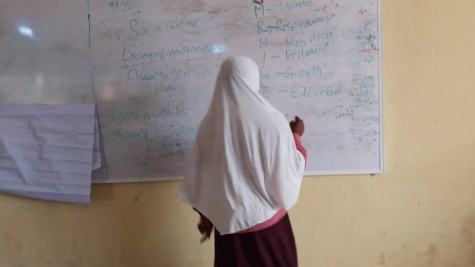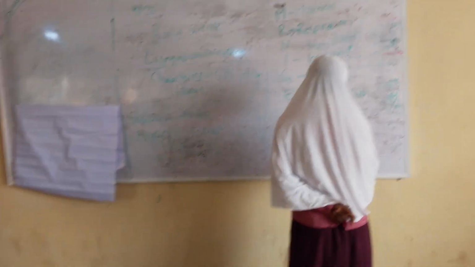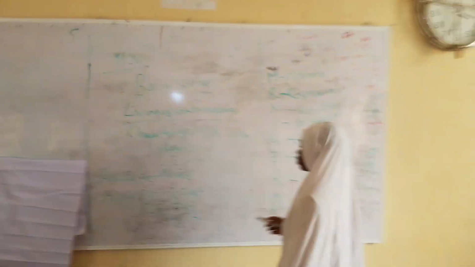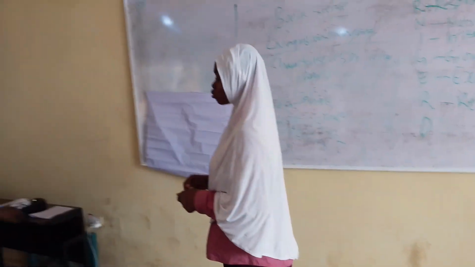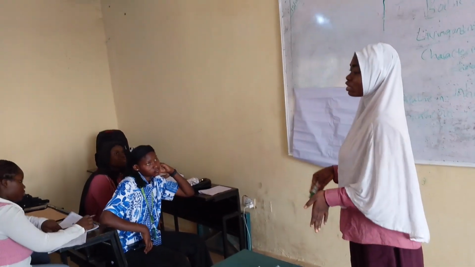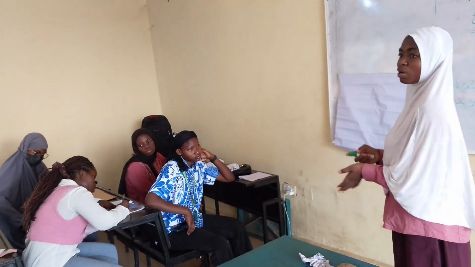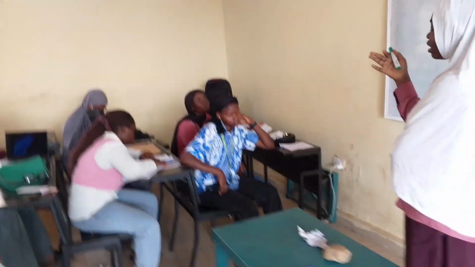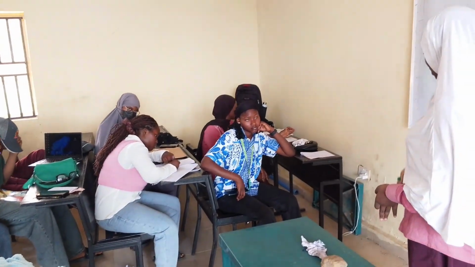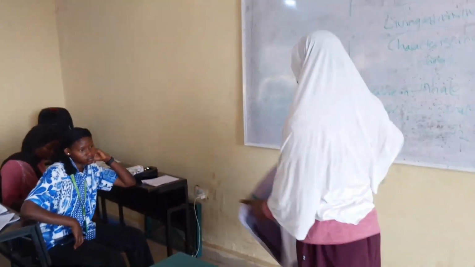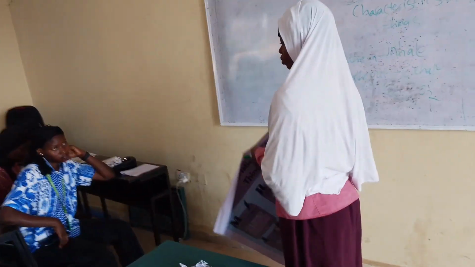So the next one is reproduction. We all know that we give birth. Living things give birth to young ones. Take a mango, for example: the tree produces fruit, and people plant the seed to bring up another tree again. So that's reproduction. You want to create another, younger version of yourself. That's reproduction. And then we have